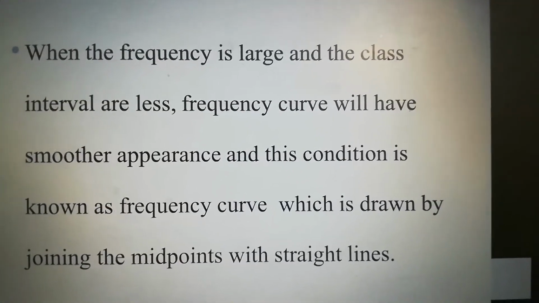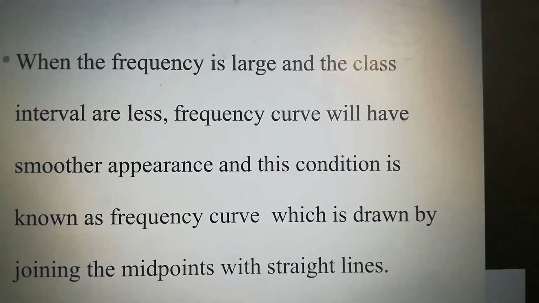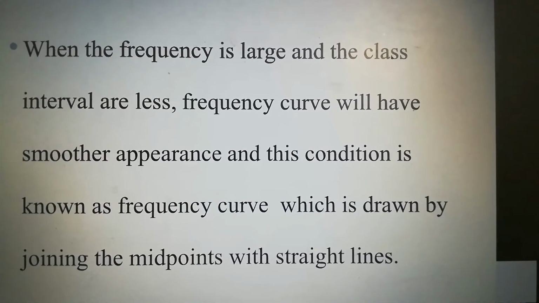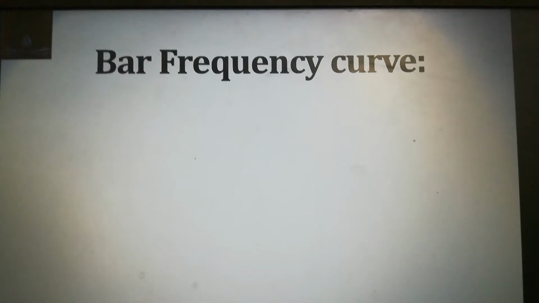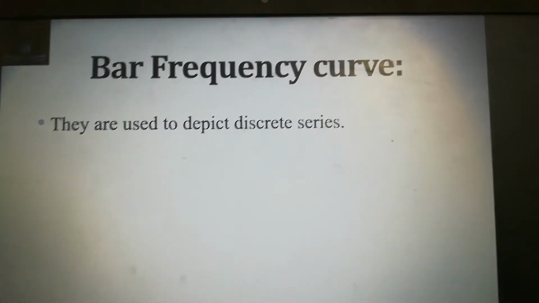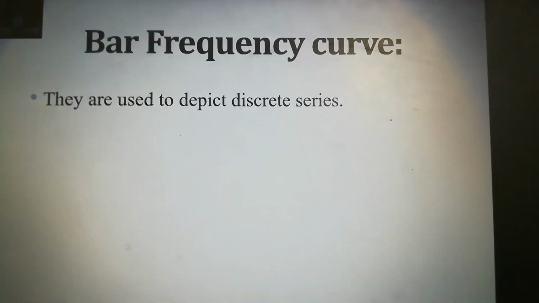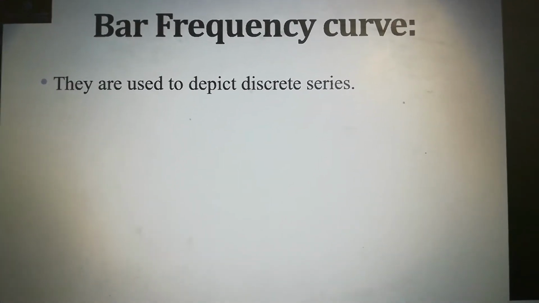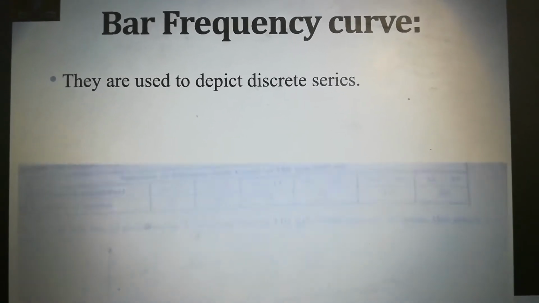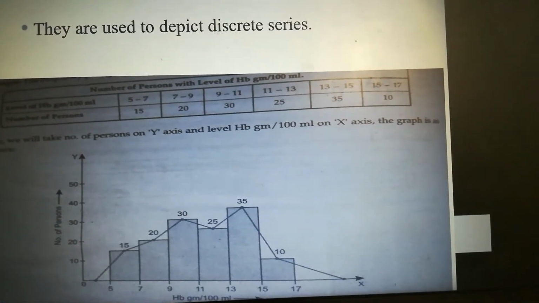So here frequency is large and the class interval is small. The frequency curve will have a smooth appearance, which is obtained by joining the midpoints with a straight line. And here the frequency curves are of two types: bar frequency curve, which is used to depict the discrete series, and